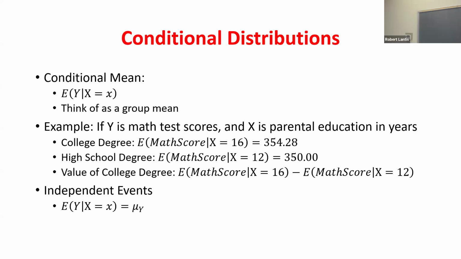So sometimes if we condition on something and we get the exact same value as the mean, that's telling us that whatever we conditioned on has no relationship, is completely independent of that variable Y. And we'll need this independence for certain things that we talk about throughout the semester. So you only have an independent event if the mean after you condition on this thing is the same as the overall mean. I don't know, that example is not great. If you did have independent events, the covariance or the correlation coefficient should be 0. Often we never get something that's truly 0, but something very, very close to 0, like 0.001 or something like that.